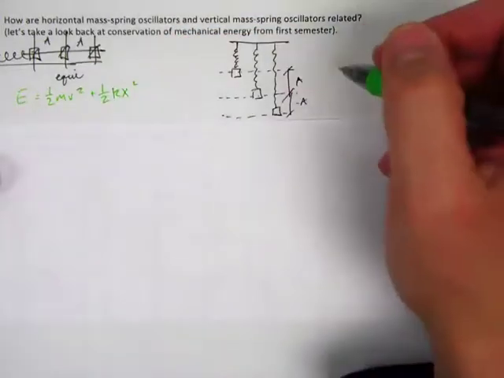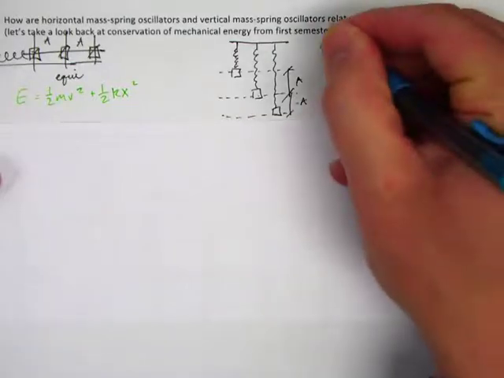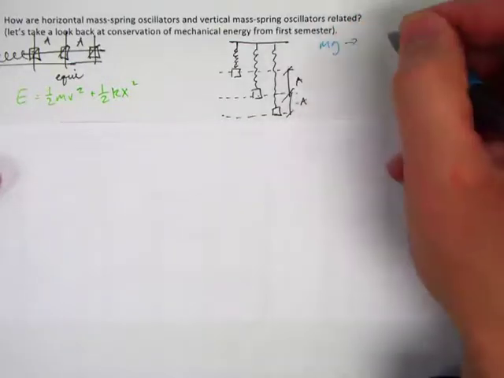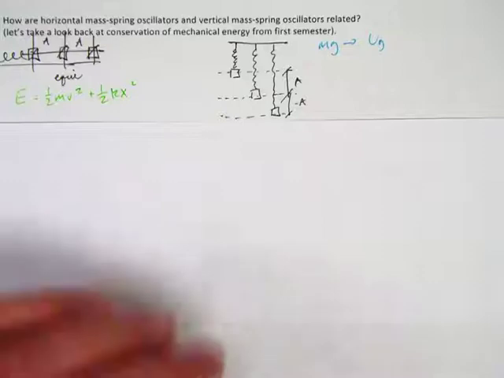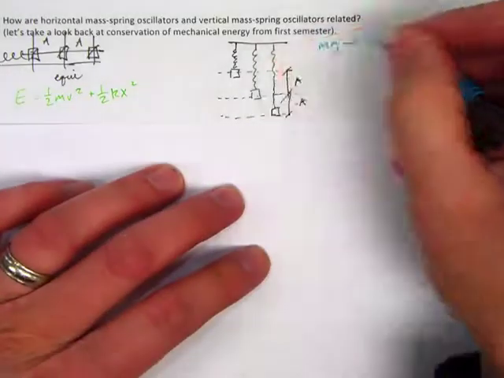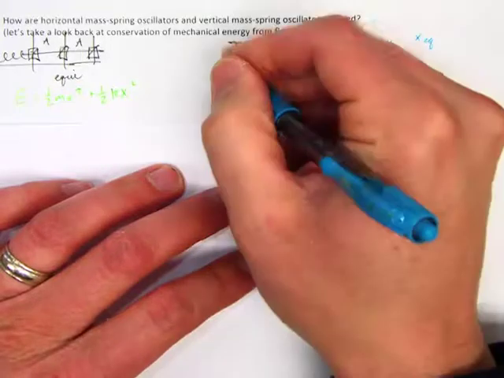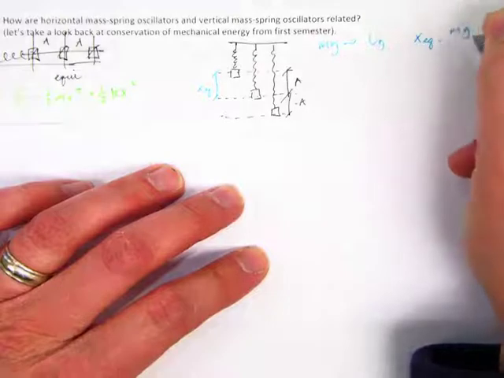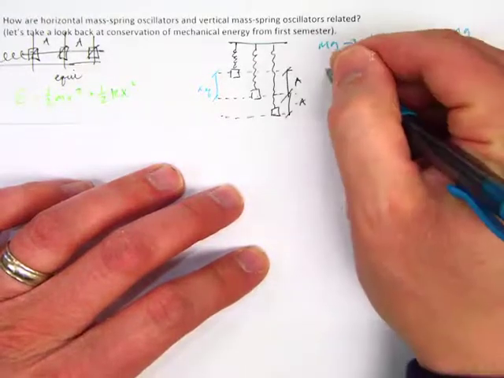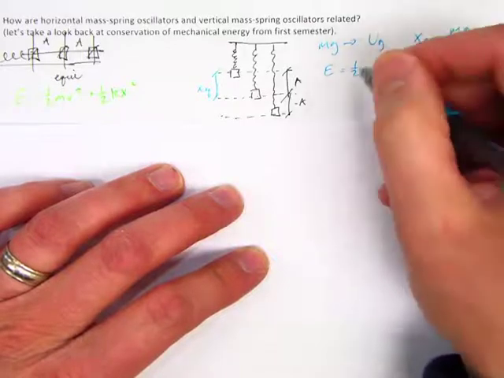the spring. But when we look at the vertical case, it's a little more complicated, because we have this mg that's thrown in, that's changing the gravitational potential energy of the oscillator. But because of the fact that as the spring stretches at equilibrium, we know that x of equilibrium is equal to mg over k. We can actually use the expression for the total mechanical energy of 1/2 mv squared